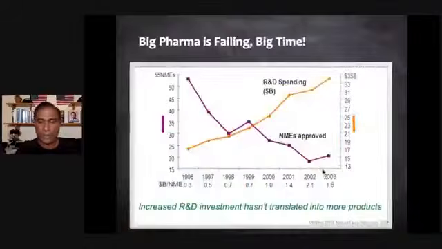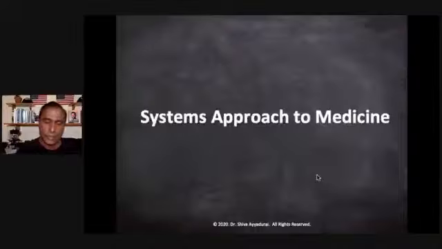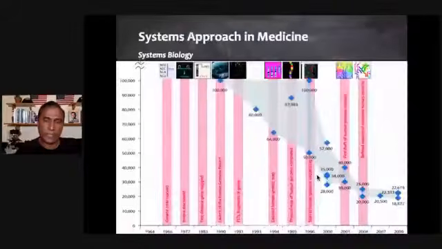That's how bad they are. In fact, here's another graph. The orange line shows more spending, and less and less new molecules are being approved. So when I came back to MIT in 2003, one of the very, very exciting things that was taking place